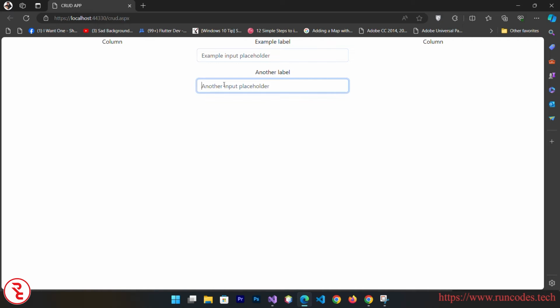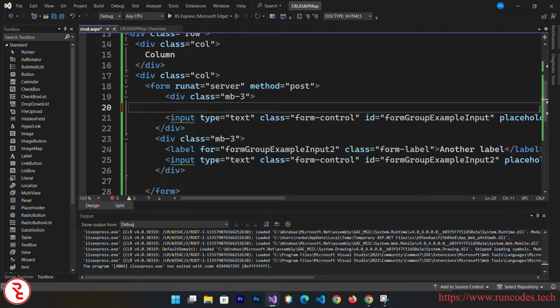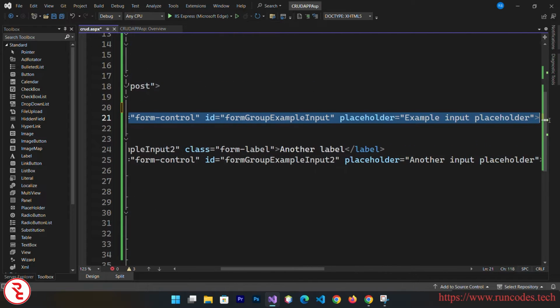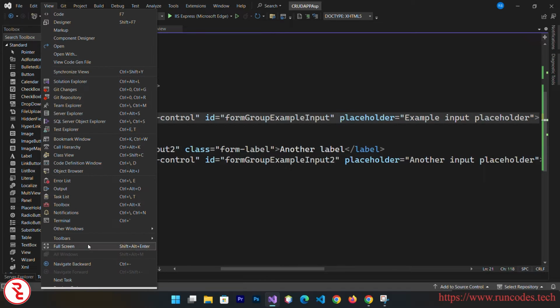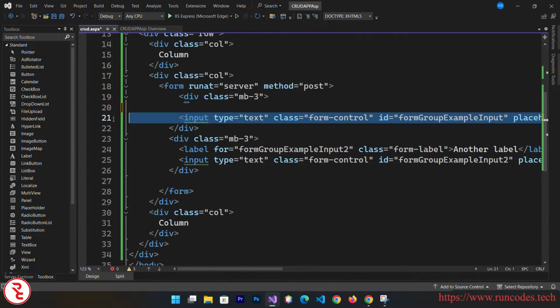These are all HTML controls, but in ASP.NET we need to use ASP.NET controls. So go back, and I think we don't need this label, so just remove that and simply close this. And here, instead of these HTML controls, we need to use ASP.NET controls. So go to toolbox. If you don't see toolbox, go to view and then select that toolbox. You will see this toolbox, and from the toolbox select that and simply double click that text box, and here